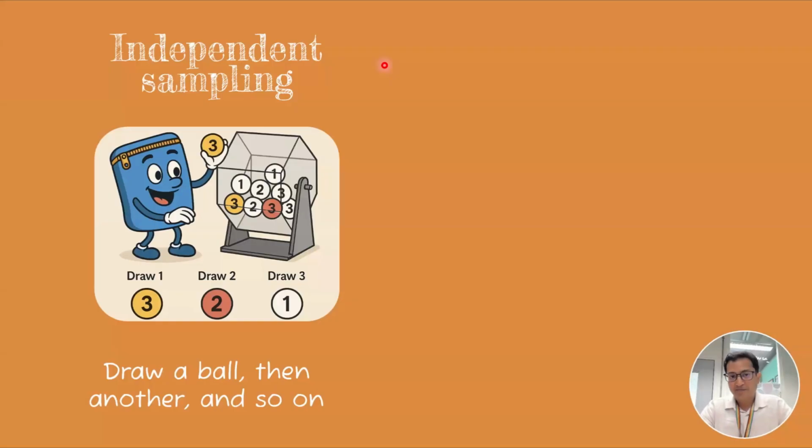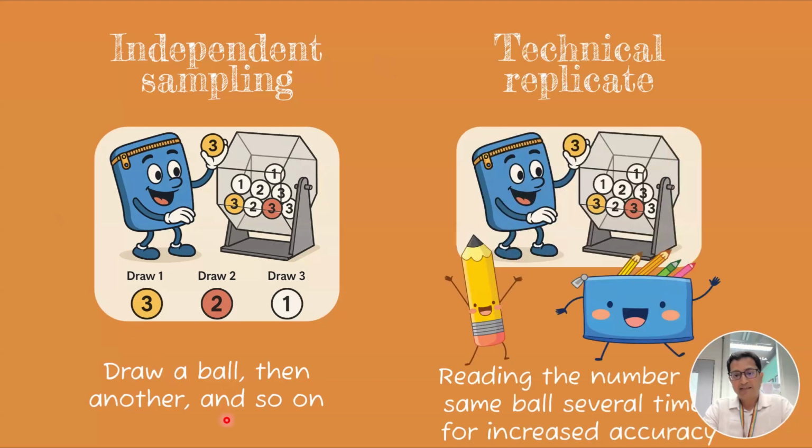So one way to think of independent sampling is, for example, drawing a ball like in a lotto or a lucky draw from a big bag with lots of balls which have numbers on them. This is like thinking you've been asked to find the mean and the standard deviation of all the numbers in this big bag. Independent sampling would be drawing one ball, mixing the bag and taking another sample independently. Whereas a technical replicate would be drawing a ball and then asking your friends just to read the number on the ball, just to improve accuracy that you've noted down the correct number.